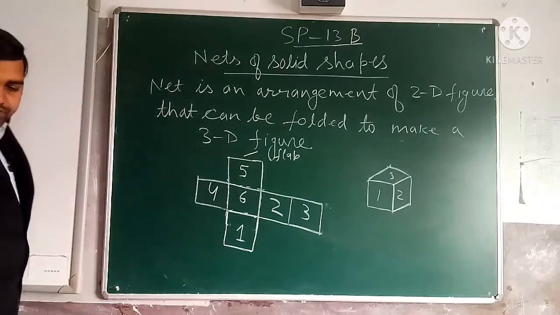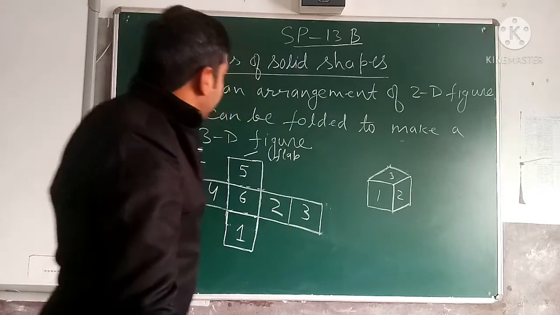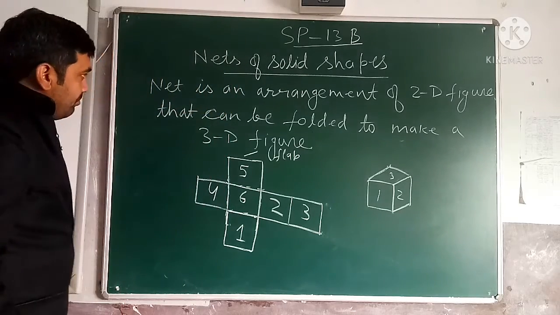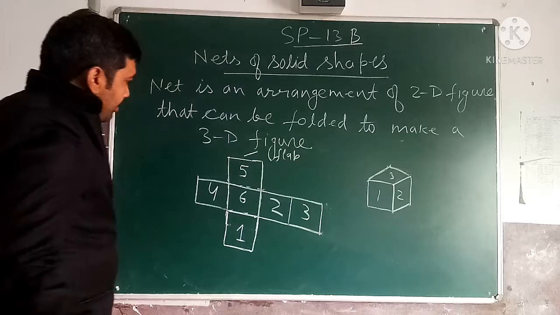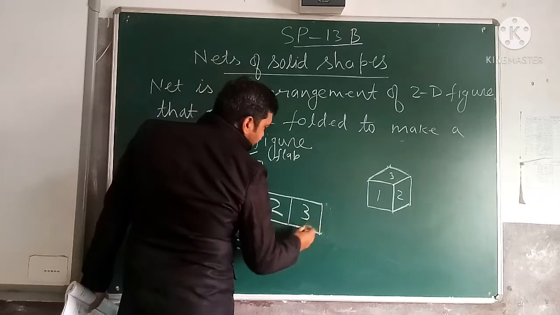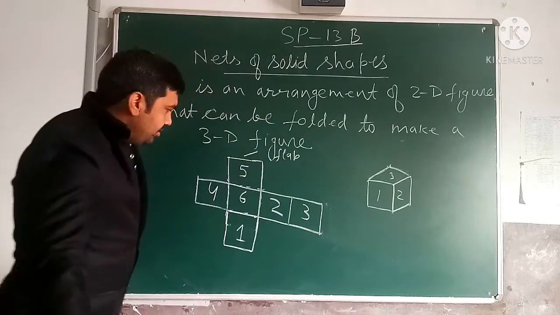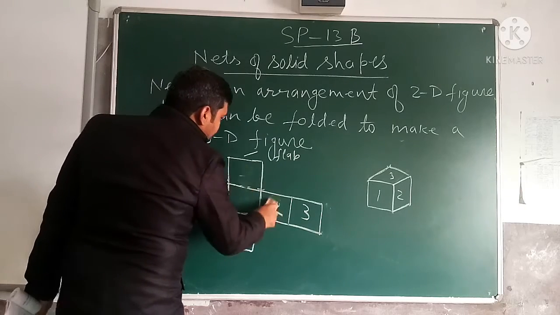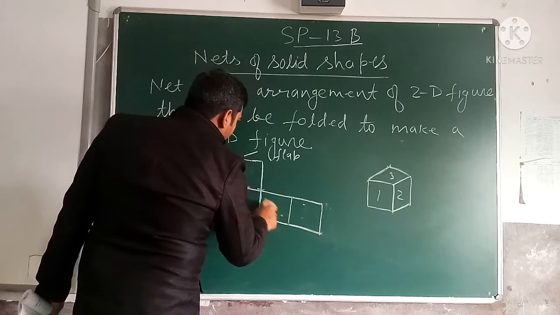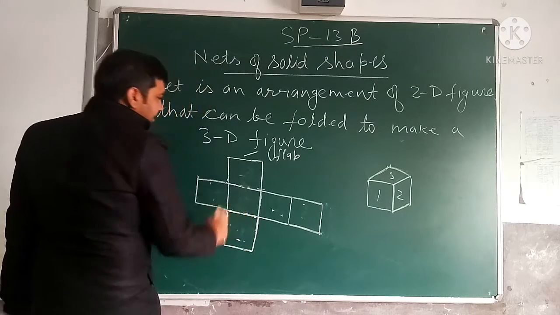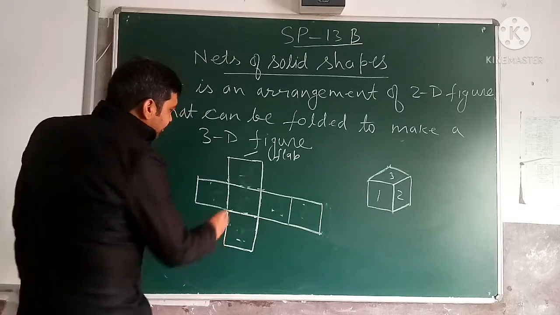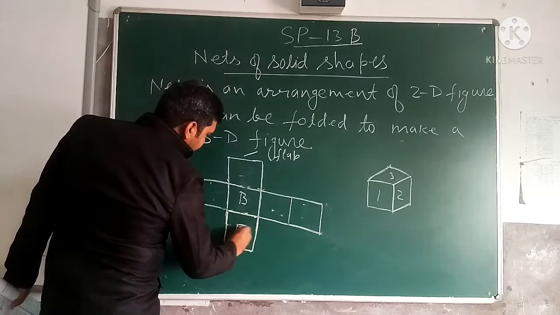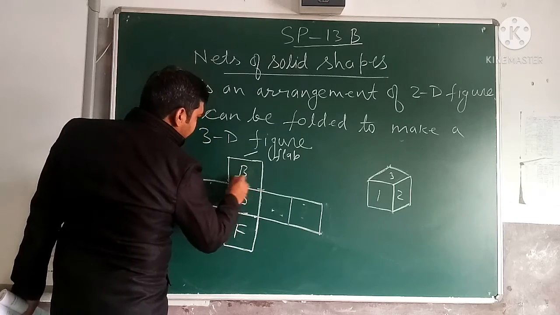So this can also be written as top and bottom. See how we can write this as top and bottom. So T for top, this we can take. Now I am writing after this numbering. I am going to write top, bottom, left, right. Top face, bottom face, left face, right face. Now see, bottom face, front face. This is the front face, F. This is the back face, B.